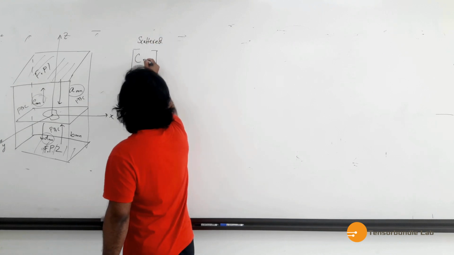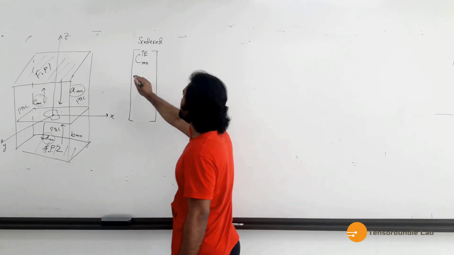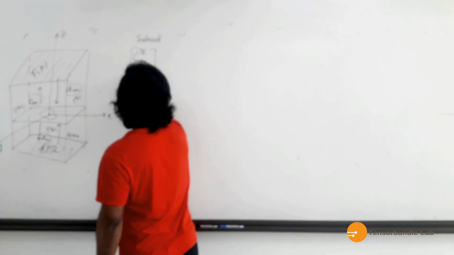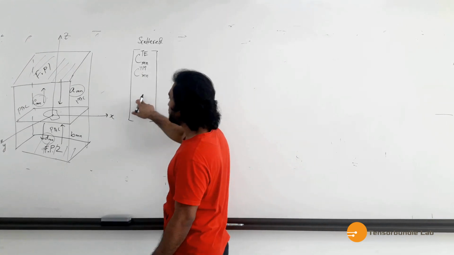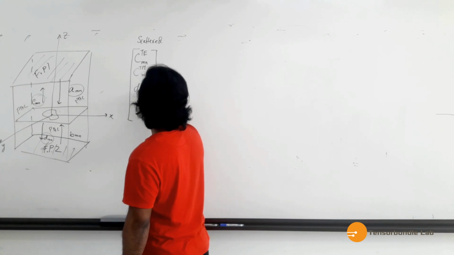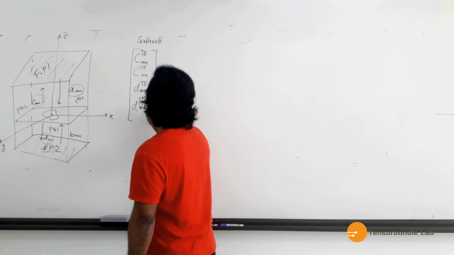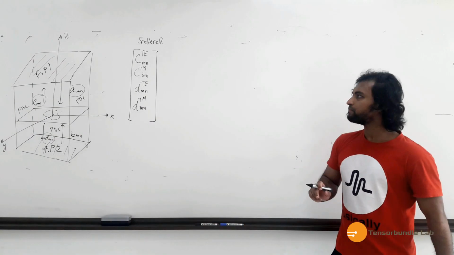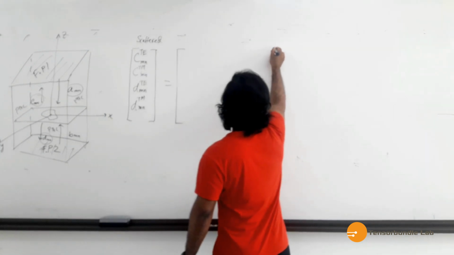So C_mn for the transverse electric mode and C_mn for the transverse magnetic mode, TM. In the same manner, for port 2, the scattered wave was D. So D_mn for transverse electric and D_mn for transverse magnetic mode is equal to, we will have the